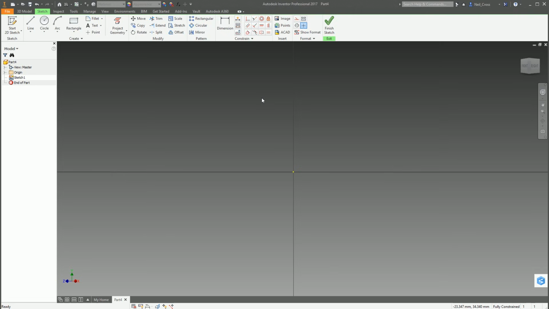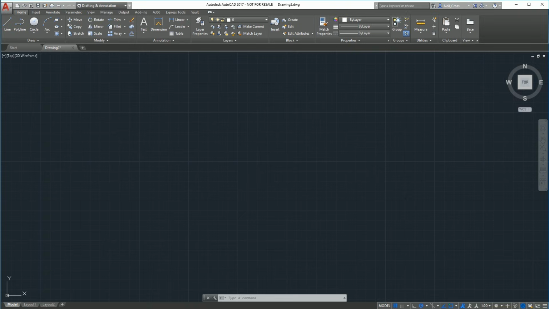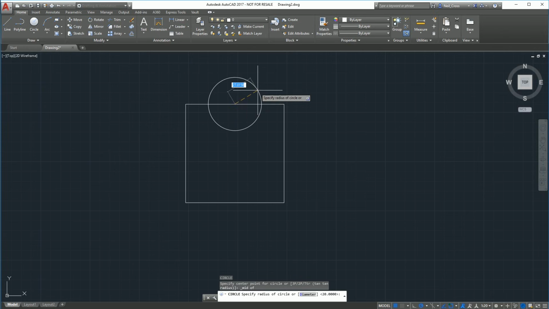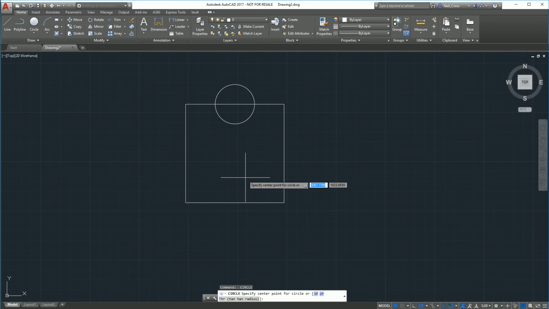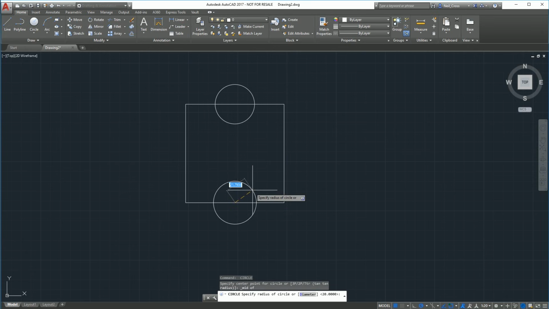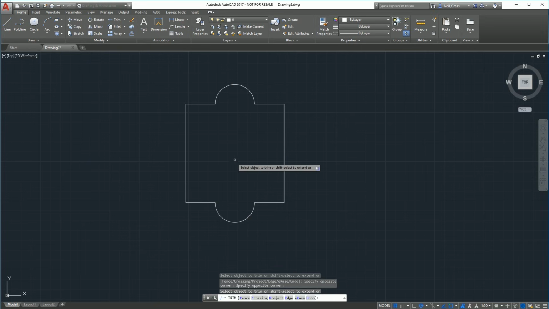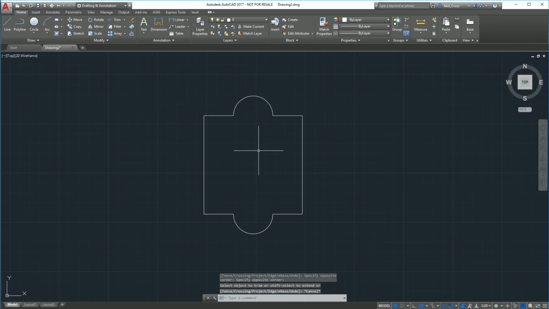But to help understand why you need them in the first place, what we're going to do is jump over to AutoCAD and look at how things used to be done back in the olden days before AutoCAD even had 2D constraints, which it does. And we'll look at traditional drafting. So in AutoCAD, what you would do back in the day is you would draw a rectangle. And let's make it a square, 100 by 100. And then we'll put a circle, I don't know, at the midpoint of the top. And we'll make that 20. And then we'll do another circle at the midpoint of the bottom line and make that 20. And then we'll trim all that out there. Okay, so that gives us a very basic kind of plate design.